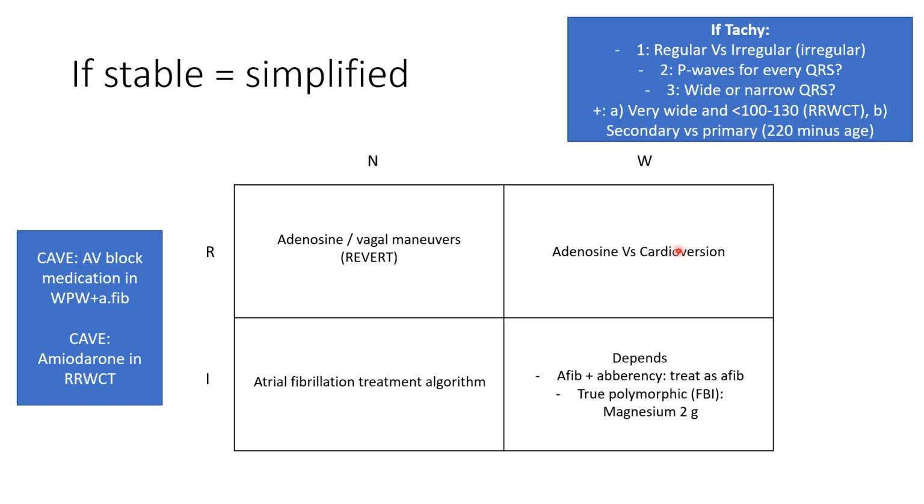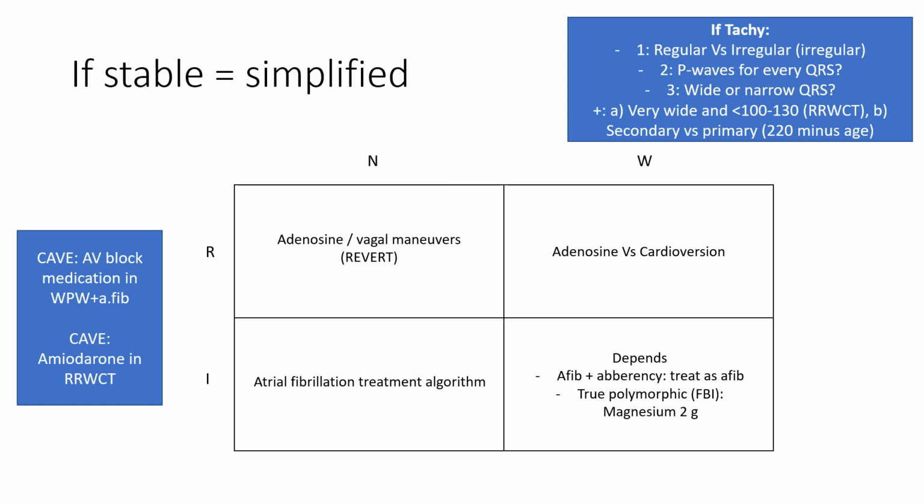But in general, the safe version is to cardiovert them. If you're in doubt, then cardiovert them, right? That's the usual mantra. And then in newer guidelines, adenosine has become more prevalent, because it may slow the rhythm down, and then you can kind of see whether it's SVT with aberrancy or it's